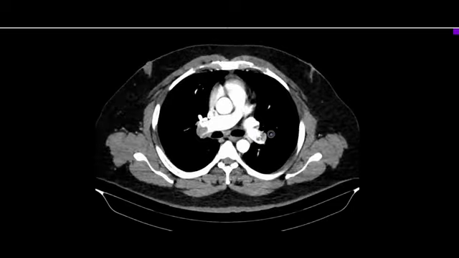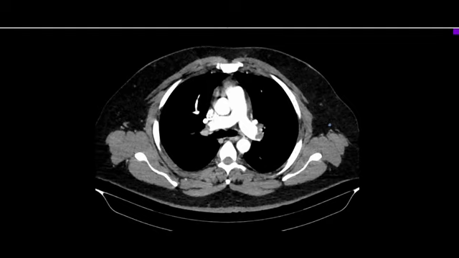Whenever you see such a case, you have to give three classifications. First is the spatial classification, in which you have to tell which all arteries are involved: the main pulmonary artery, the right, left, lobar, segmental, and which all of these branches are involved. That comes under the spatial classification. Second is the temporal classification, in which we tell whether it is an acute thrombus or a chronic one.